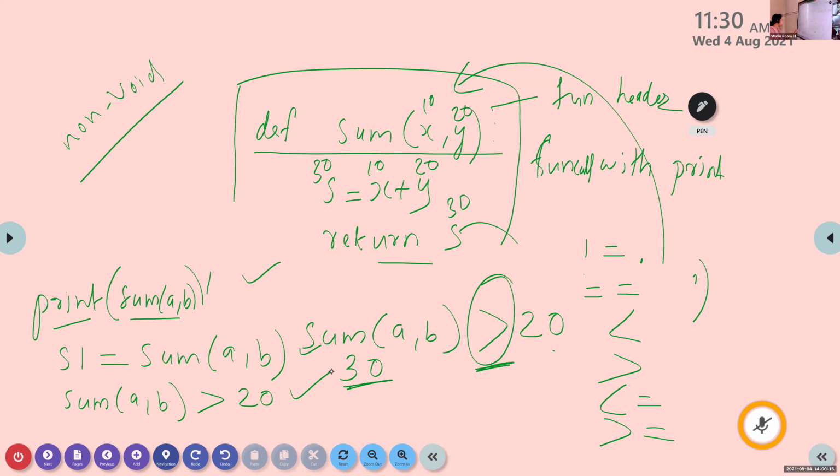S1 is one variable. So sum of A comma B is a function. We can use this function with assignment operator and variable. After that, we can use function call statement with relational operator and literal. We can use any relational operator here. Okay, so these are the topics related with non-void functions.